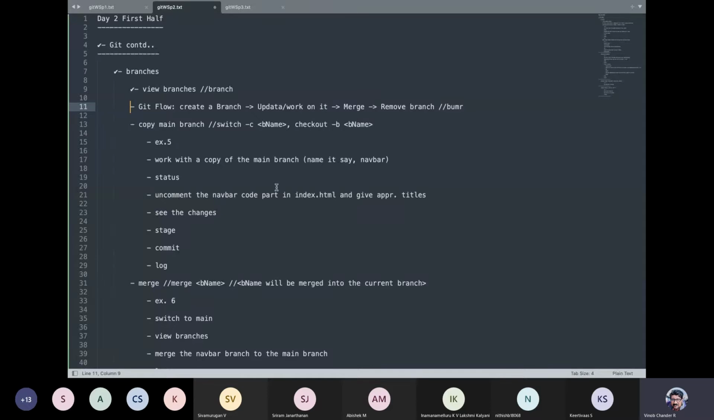Okay, so we were talking about Git flow, guys. So what is this Git flow and what is this best practice? Git flow is essentially, I have just put up this weird acronym that you may want to make use of for easy understanding and recall, which is called BUMMER. So Git flow is you create a branch, you update or work on it,